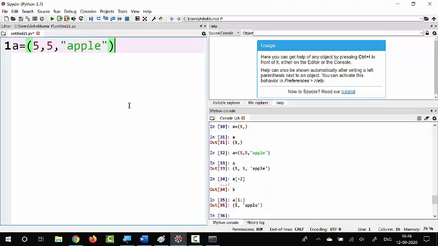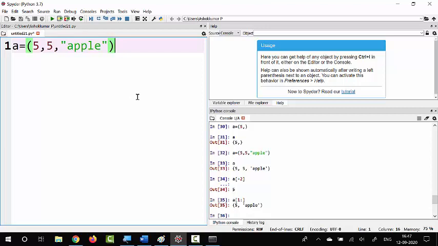Okay, and you can use slicing also like this. And one thing you have to know is that tuple is read only. Once you create a tuple, you cannot update anything. That is, you cannot add any element, you cannot remove any element, and you cannot modify any element. So it is like read only. Tuple cannot be changed once it is created, whereas in list we can do the changes.